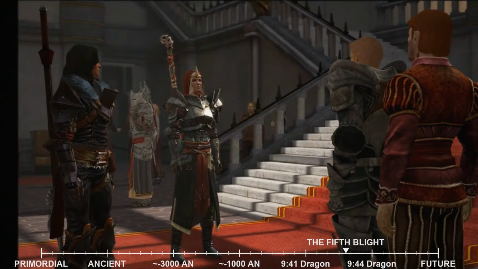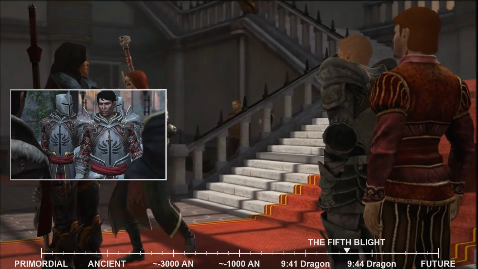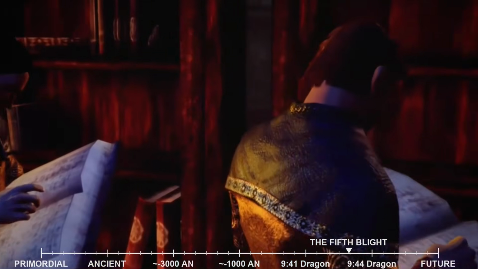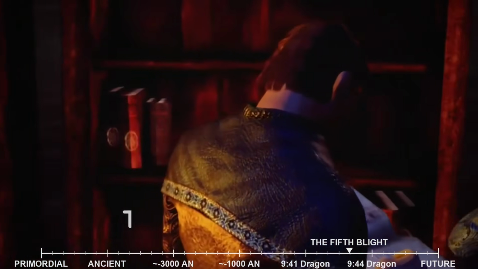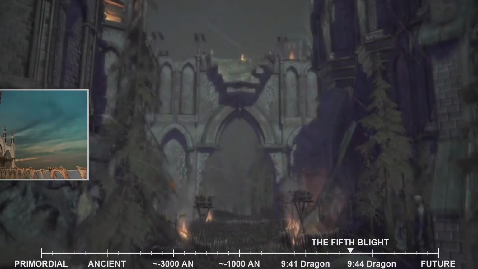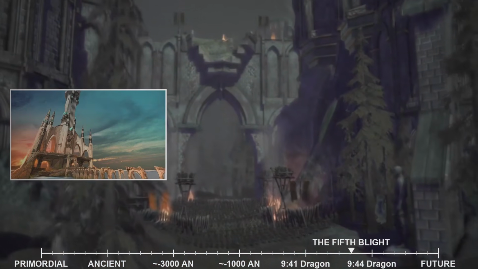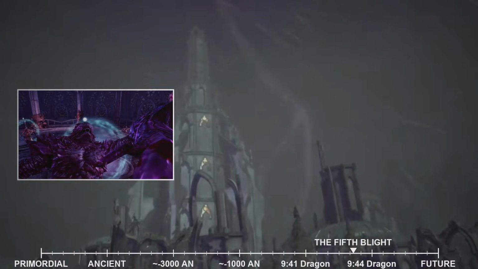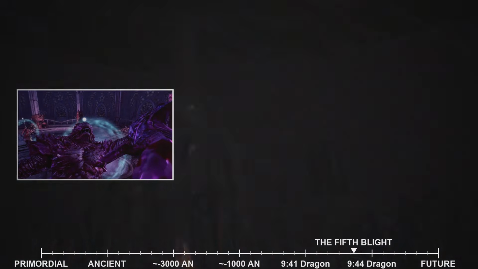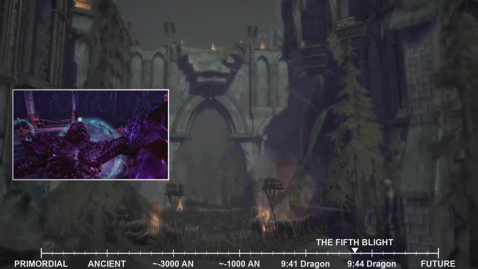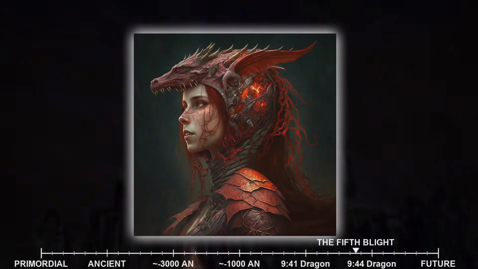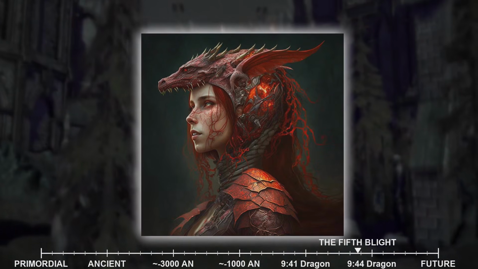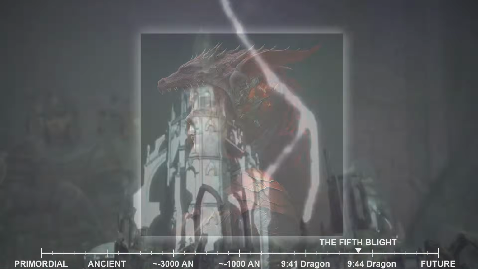The mages possessed knowledge of powerful healing spells and arcane remedies that might be able to counteract the poison afflicting the Arl. Your arrival at the Circle Tower, however, revealed a new and terrifying crisis. The tower, a supposed bastion of order and control, had fallen prey to a demonic infestation. A powerful demon, Uldred, had seized control, manipulating the mages and Templars and plunging the entire tower into chaos. The very fabric of reality within the tower had been warped, with the Fade, the ethereal realm where spirits and demons reside, bleeding into the physical world.